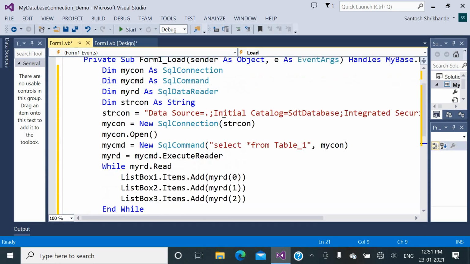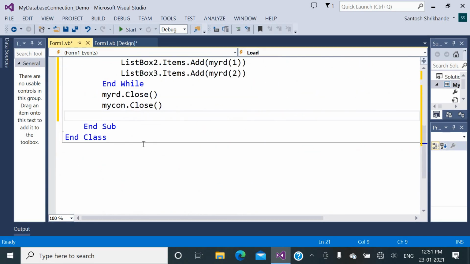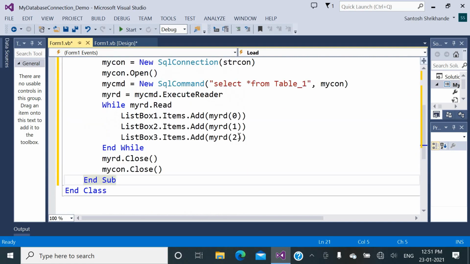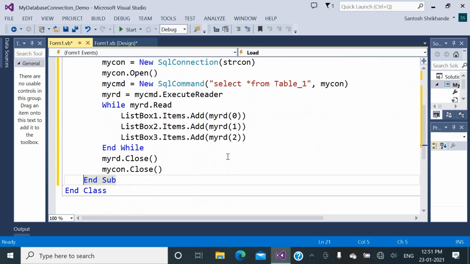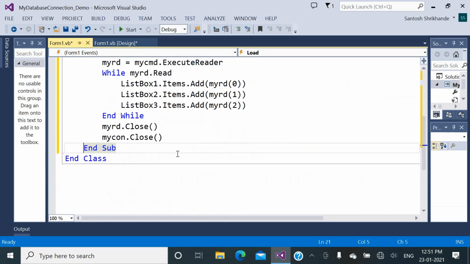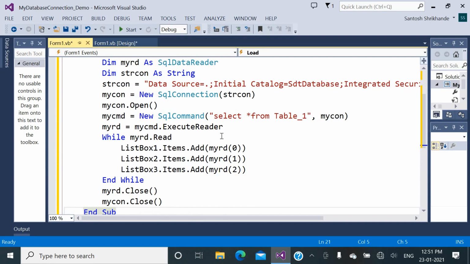Now this is what we have done: we have established the connection between Microsoft Visual Basic .NET and Microsoft SQL Server, connected with the database, fetched the particular table and stored it in the myreader storage, and from the myreader storage we are fetching the data and displaying it in ListBox1, ListBox2, and ListBox3. So we have completed the connection and fetching the data from the tables.